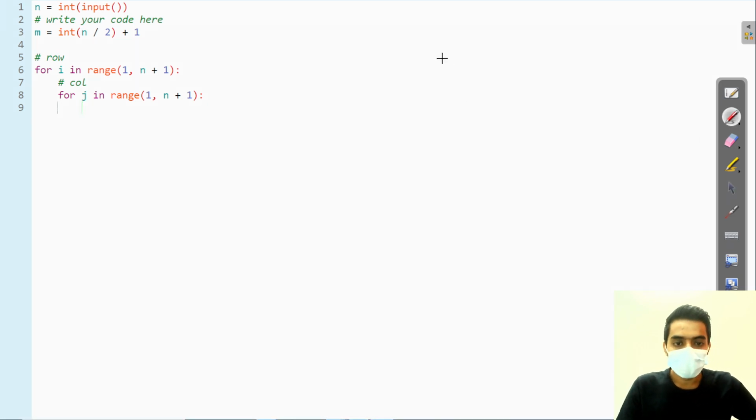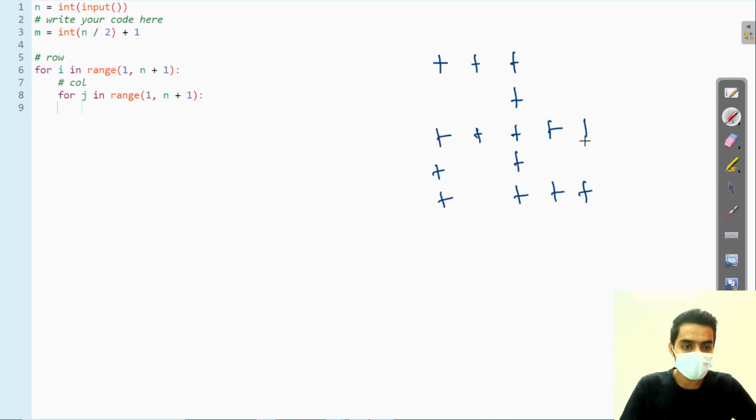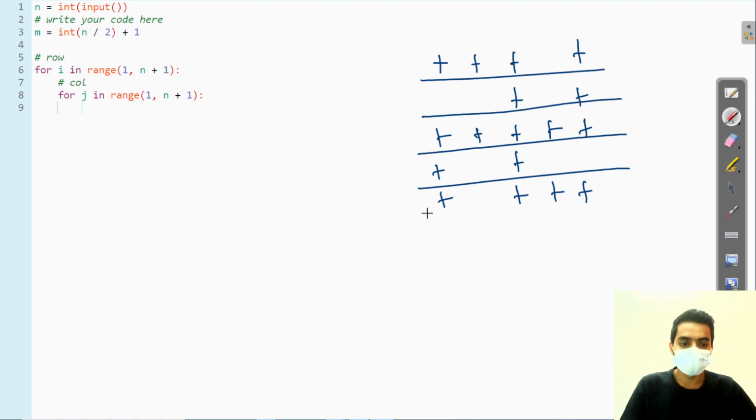Here I'm writing the pattern for n is 5. This is our first compartment, this is second, third, fourth, and this is the last compartment. For the first compartment, the row numbers and column numbers are 1 2 3 4 and 5.